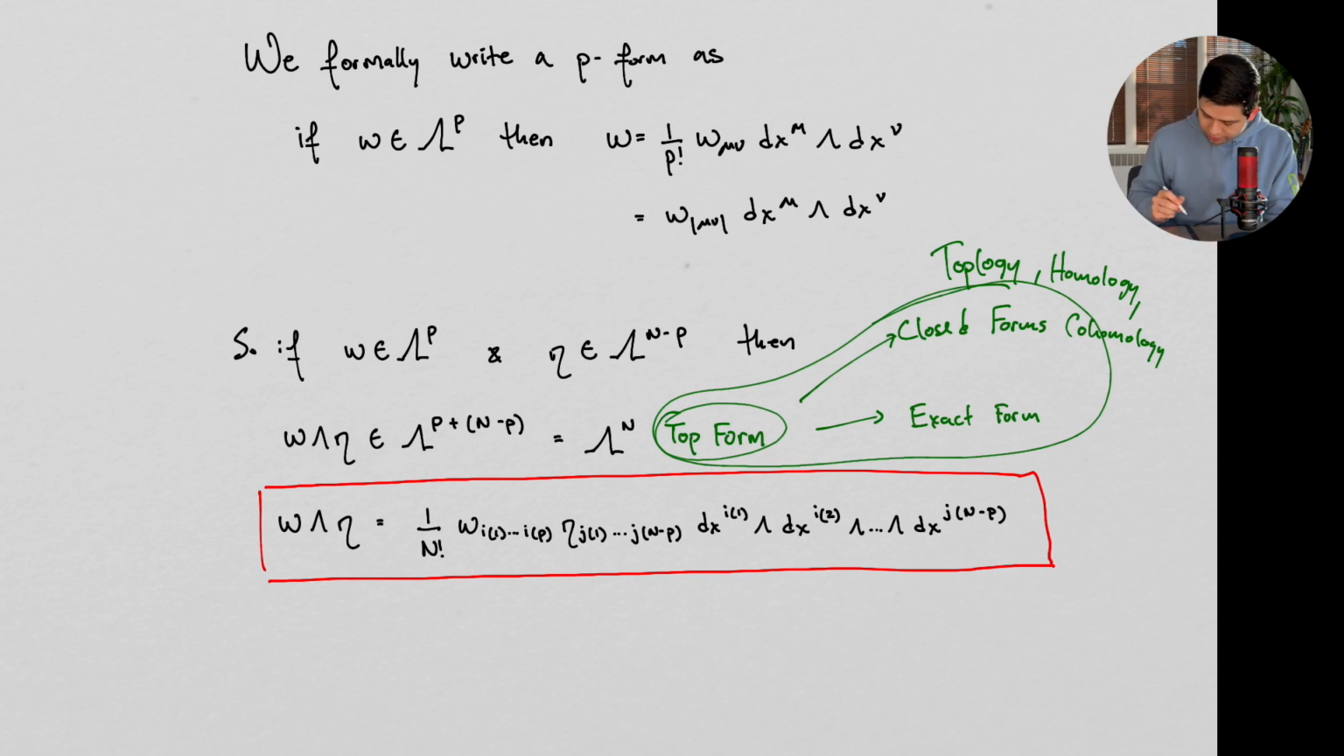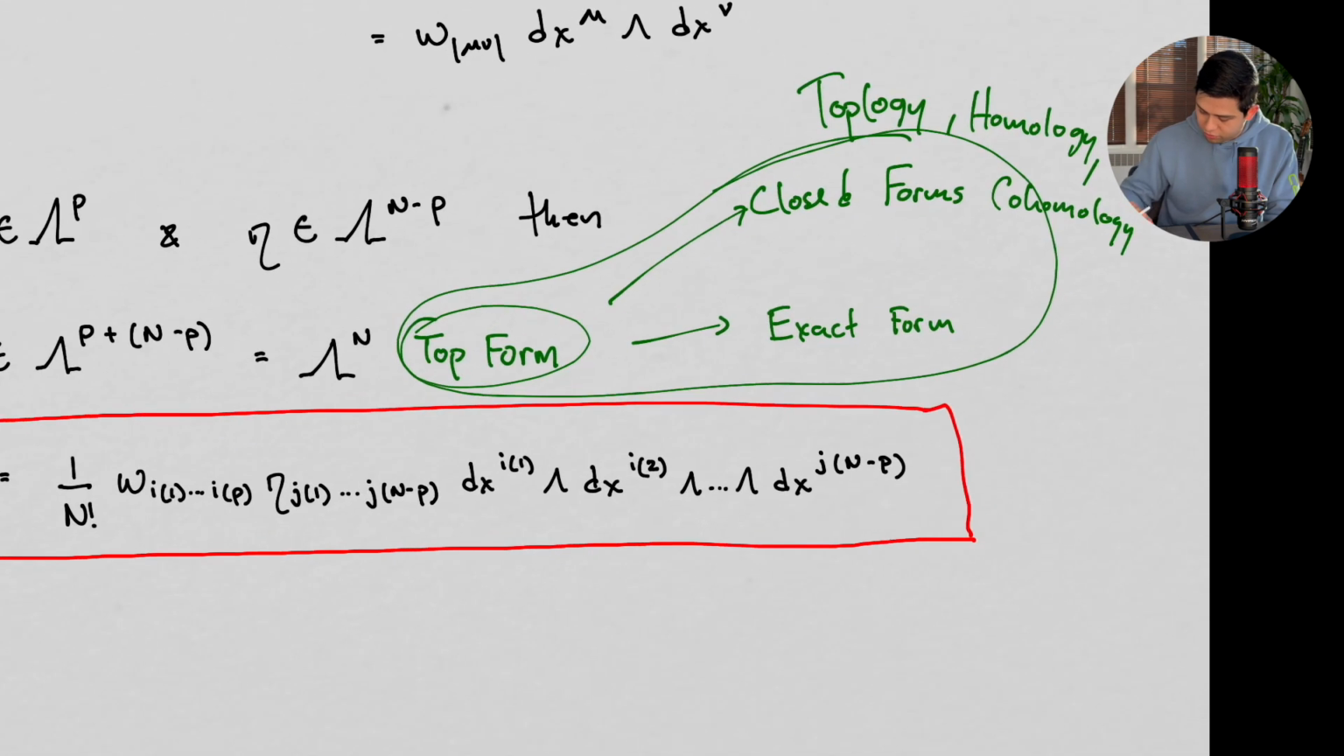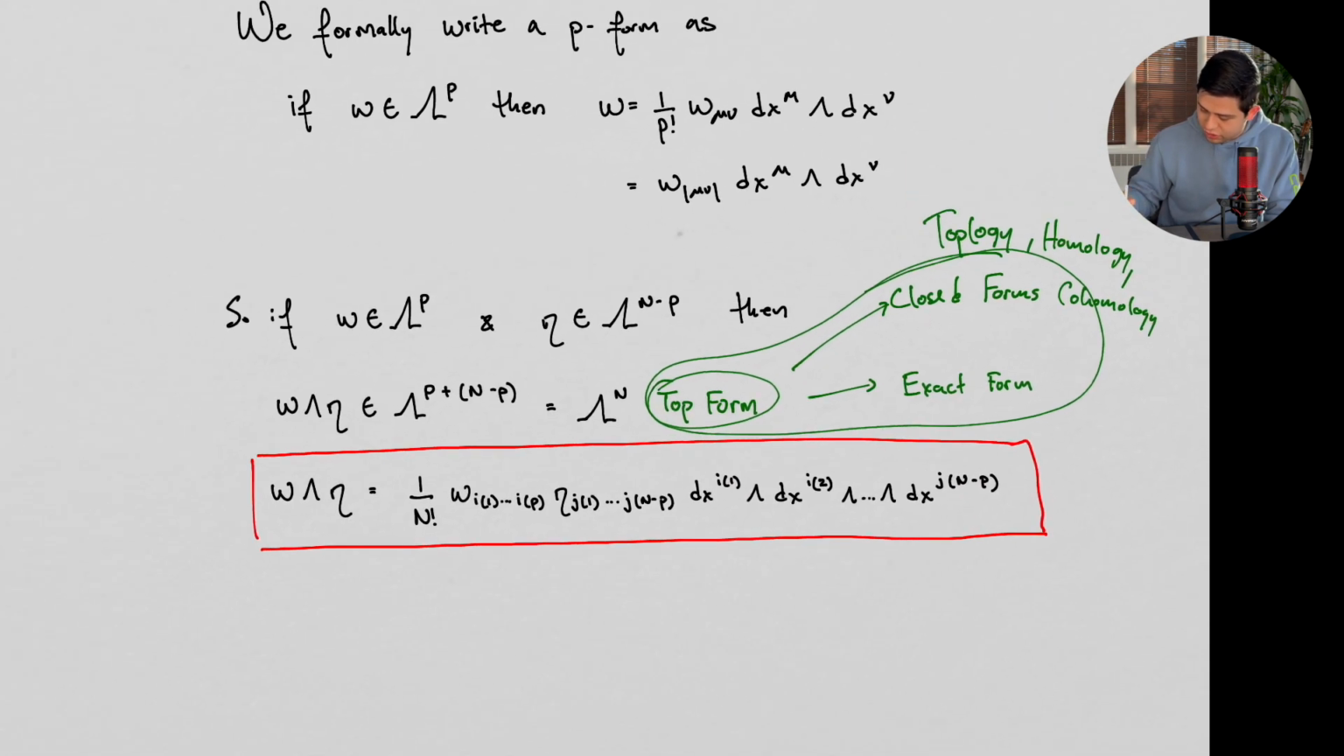So in sum, if we wedge omega with eta, we get 1 over n factorial. That's the top. That's what it means to be inside the top form, because we need to account for all of that replication again. These are all just numbers. These are all just coefficients on our basis vector, which goes from I1 all the way to j of n minus p, right? Because